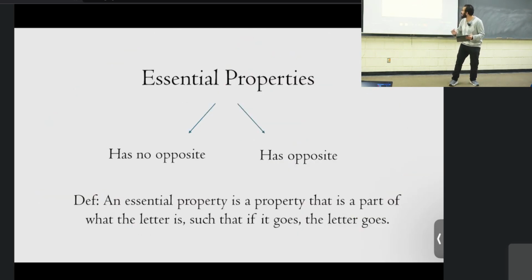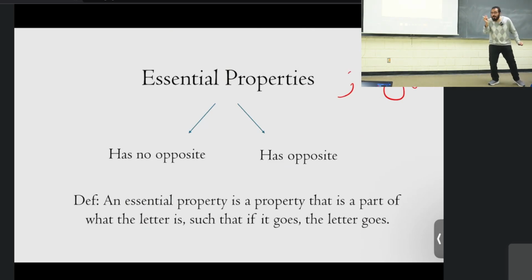So, what is an essential property? We said an essential property is a property that is part of the letter. So when we said sin and zay, right? We said that once I remove one essential property, the letter stops existing. So when I say S, and now I add the property of vocal cords, what do I say? Z. S, S, S. So now, because I added the property and removed the properties of sin, sin stopped existing and a new letter came about.